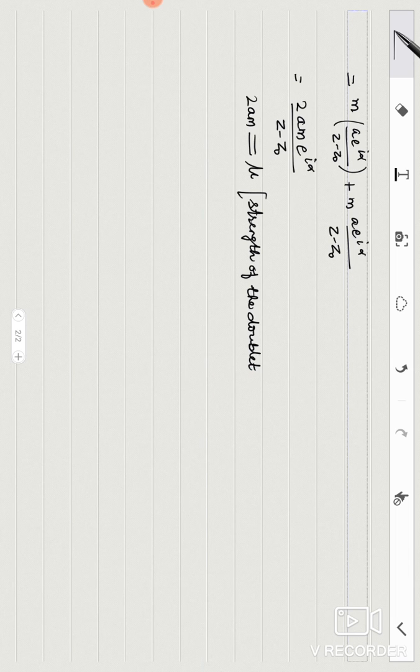So how do you define the strength of a doublet? The distance between source and sink multiplied by the strength of either source or sink. The strength is the same, so if we multiply the distance between source and sink and the strength, then we get the strength of the doublet. So we get W is equal to mu e raised to the power i alpha upon Z minus Z0. So this is the complex potential